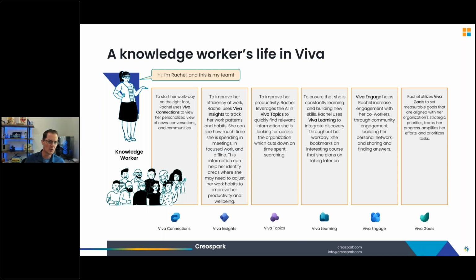Now she's working through her day, she's got to get information. She needs to learn about that new project. One of her tasks is to do something. She comes across a term she's unaware of within the org. And this is where Viva Topics can help surface that information, that topic. This is beyond just an answer. This would be about maybe a huge project the organization's working on that she needs to get caught up to speed on. And Viva Topics within the flow of work potentially, she was reading a Teams message or a task